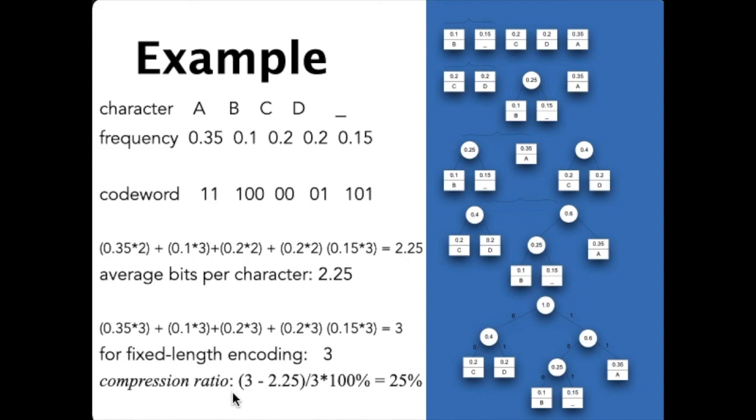So the compression ratio is the fixed length encoding minus yung average bits per character over the fixed length encoding times 100%. So ang sinasabi dito is that nakatipid tayo ng 25% of the memory compared with fixed length if we use the variable length representation. Okay, so